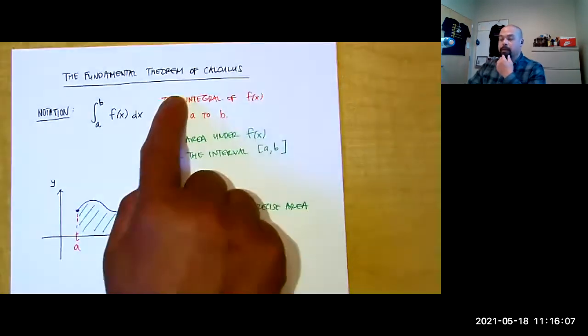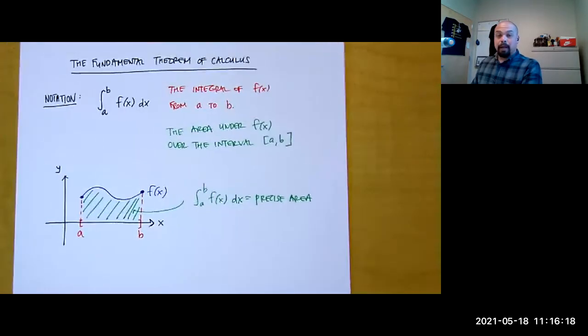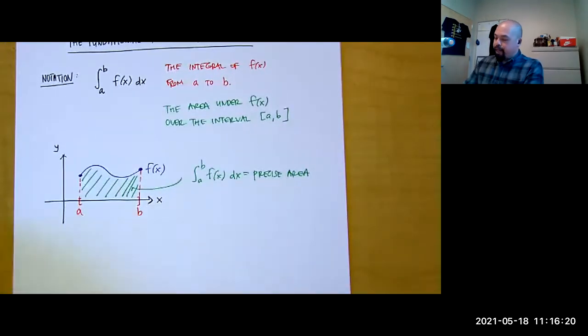But now our fundamental theorem is going to give us a more precise way, a shortcut way of finding those areas without having to go through that limit, the rectangle process of approximating. So for now,